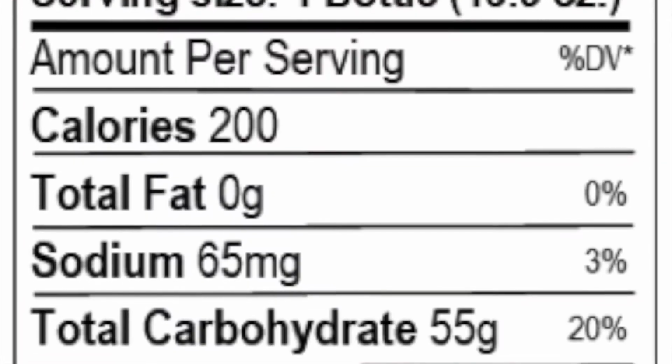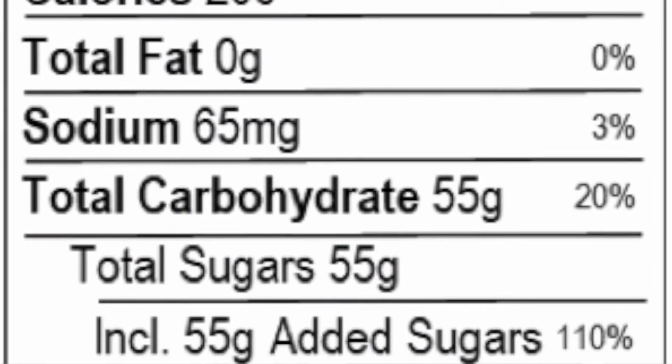Now one thing we'll talk about later is our body doesn't know the difference between added sugar or natural sugar, so it's going to treat it the same way. Added sugars are things that are added on top of naturally occurring sugar to enhance the flavor. So it's going to list the grams of added sugar within a product that are listed on the nutrition facts label, and all forms of sugar listed within the ingredients list are considered added sugar. So two things to look for on that nutrition facts label: how much total sugar is in it, and then how much added sugar. And as we mentioned before, we're really wanting to watch out for how much added sugar